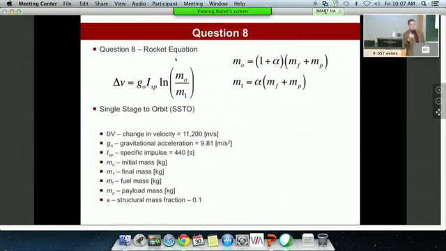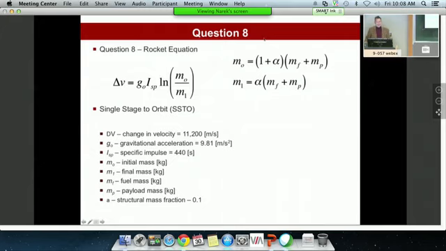So a bunch of questions were just about the definition of mass fraction. What is the mass fraction? And there are really two different interpretations of it. And it turned out it didn't matter which one you used because the answer was the same. So the one that I'm showing you here is that the initial mass here